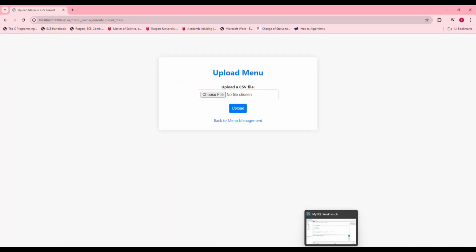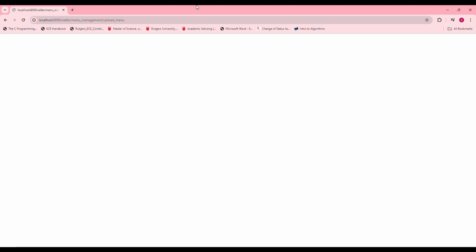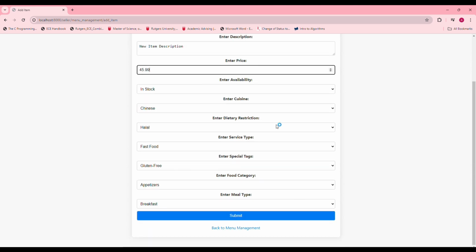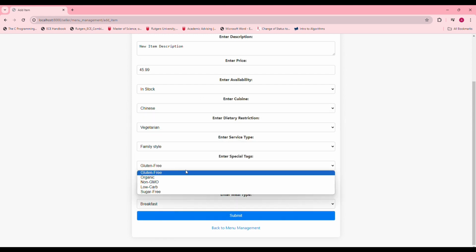Menu Management Use Case 1S. This video demonstrates how after a seller logs in, they can navigate to get their restaurant started on MUNCH. First, let's see the menu item database table, which is currently empty. Then we navigate to the Upload Menu button, where the seller uploads a CSV file of their menu items, which